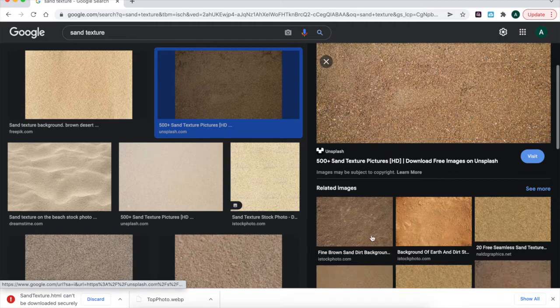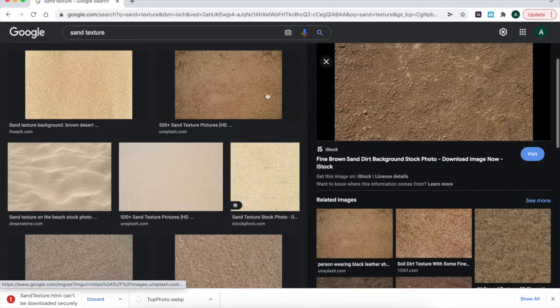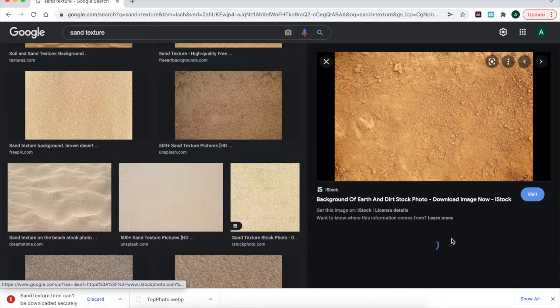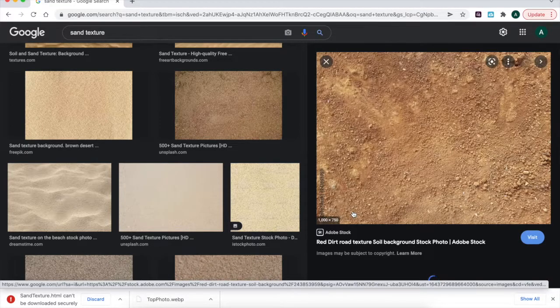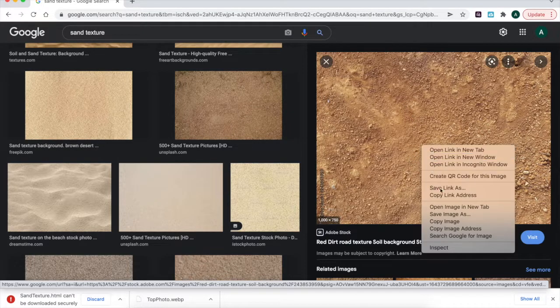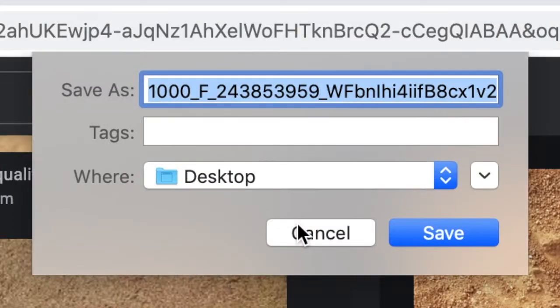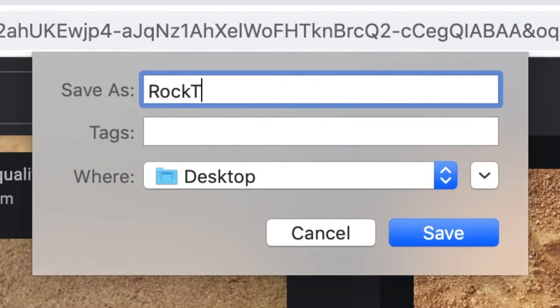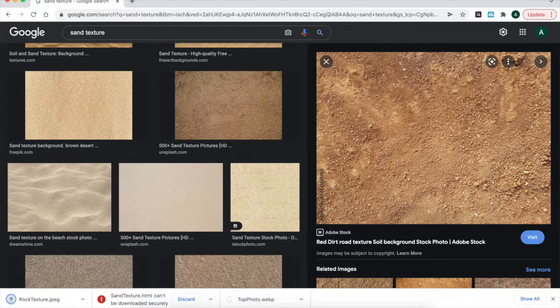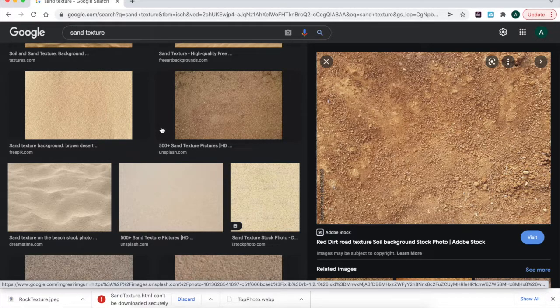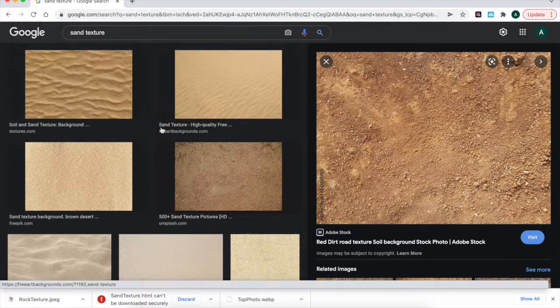that might be better. That was pretty good, but the other one, I like this because that shows the individual rocks. Ooh, this does too. I'm going to take this one right here. So then I'm going to two-finger click it and save image as. And then we're going to call this one rock texture and then save. So two textured photos will be the minimum. Really, you could actually get away with just three photos right there, but you might want to add